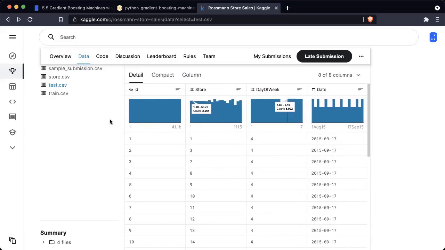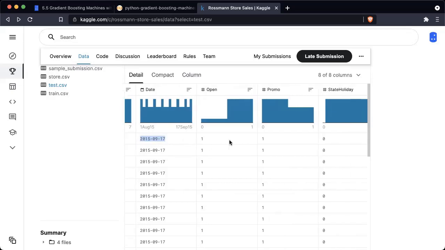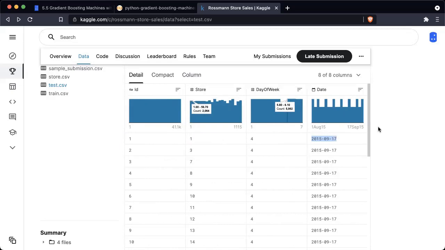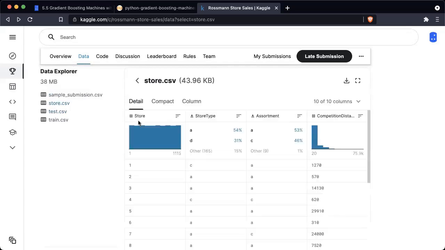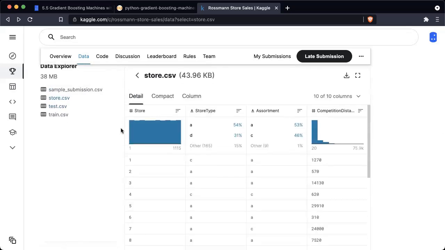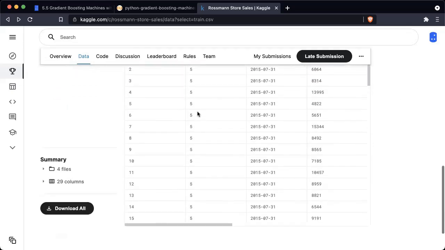Now, this means that you cannot use customers as the input to predict sales, but you can use all the other things. You can use things like the store, the day of the week. Date, you will have to figure out what to do with it because all these dates occur in the future. So they don't exactly occur on the training set. Maybe we'll have to modify it in some way, but you can use all of these things too. So this is a typical machine learning problem. You have a training file, you have a test file, but you have one more file here, store.csv, and this contains metadata about the 1,115 stores. Now, if I go back to train, you can see that we have several rows of data for every store.